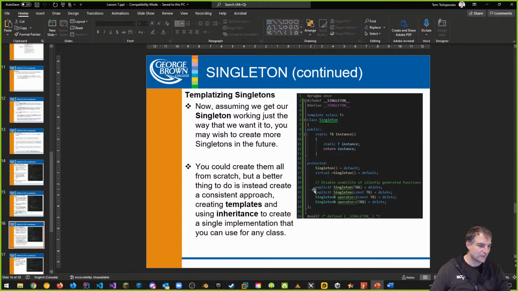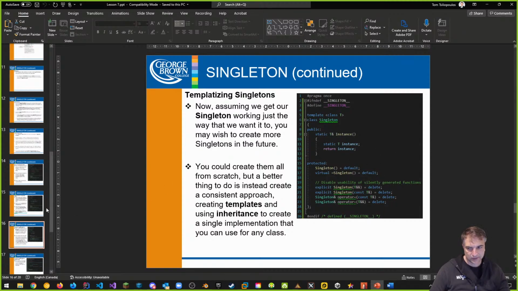That way, these things aren't regenerated here inside of our singleton template class, and so they're created inside of our child classes. All right, we need to do this. It causes issues. And so you can see that there is some syntax we're going to have to use to